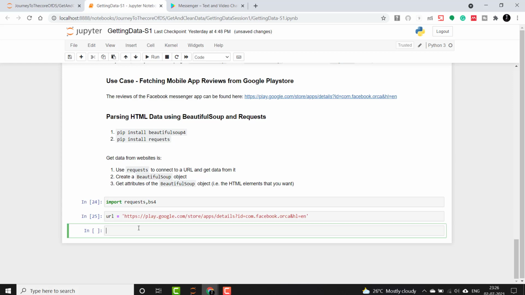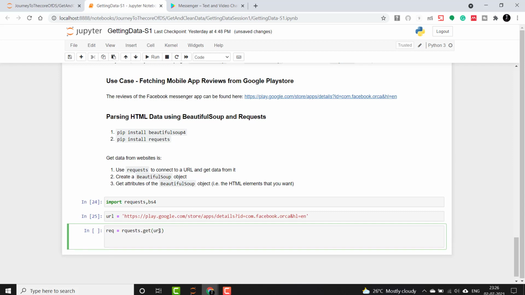Now we will create the request, which is requests.get, and we'll pass this URL. Now we need to make the Beautiful Soup object and then get the HTML elements from it.